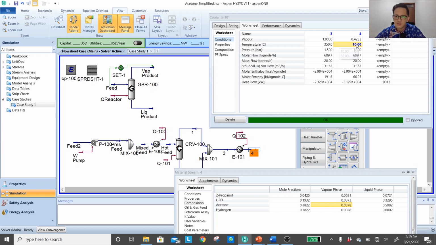And even if you want to keep decreasing the temperature, let's say we want to use a refrigerant, for example propane. It's going to be more expensive for the utilities and the cooling media, but let's see if it gives us any benefit. At -30, the vapor phase becomes even less. Now 99% is already hydrogen, and less than 1% will be acetone. We may eliminate the need for an absorber if we're working at this low temperature.